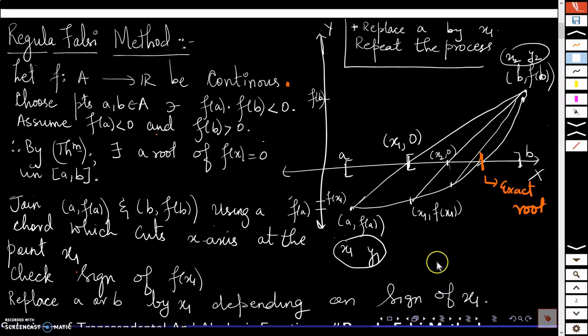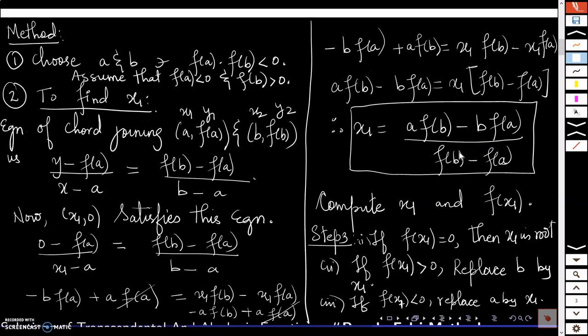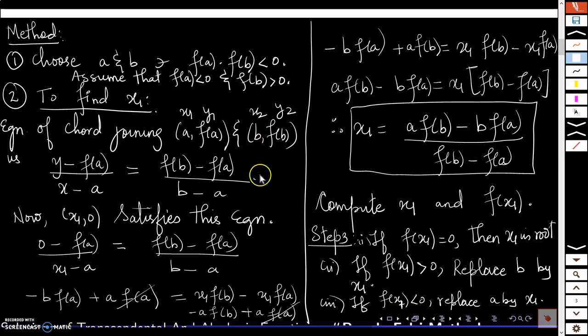Then you again do that, you join those 2 points by a chord this way and you'll get x2. Then you compute x2 using this similar formula, right? Then you can compute x3, x4, and those are your approximate roots. And you can compute as many approximate roots as you want depending on the accuracy level that you need. Okay. Next, we will see a problem which is based on this method, and we are going to follow these steps which I have stated just now to compute the root of the given function. Okay, so let me move on to the problem.